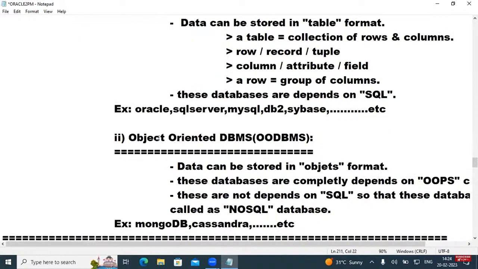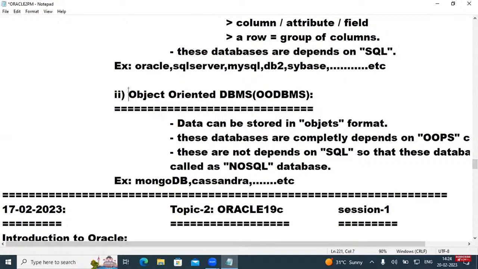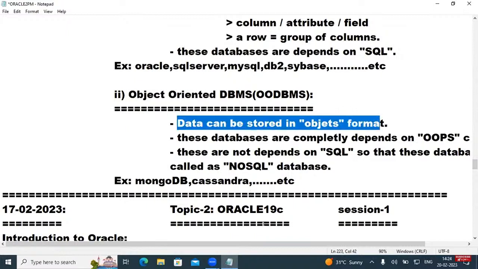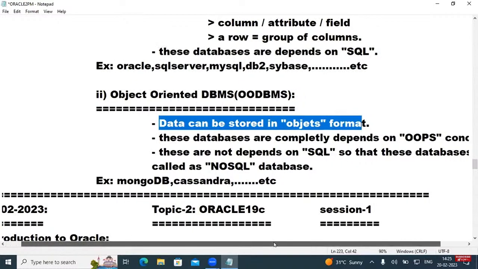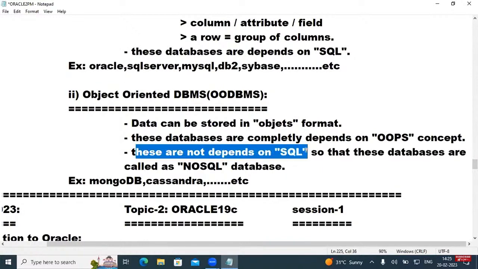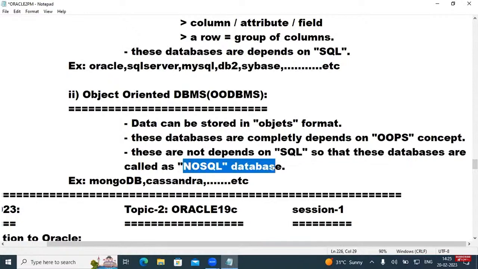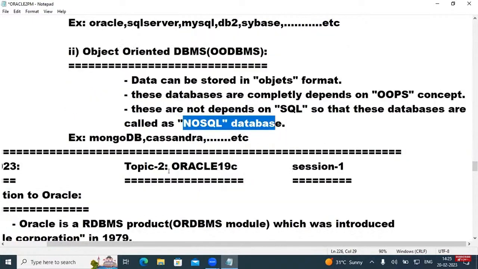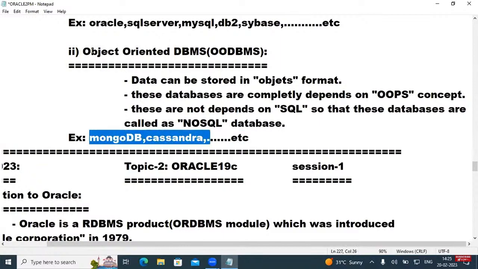And later the second module, in contrast to relational, is called what? Object oriented. These object oriented databases can store your data in object formats. Whenever you want to interact with them, you should compulsorily have good knowledge of an object oriented programming language. And these databases do not depend on SQL, so they are also called NoSQL databases. Some examples of software: MongoDB, Cassandra. This kind of tools come under object